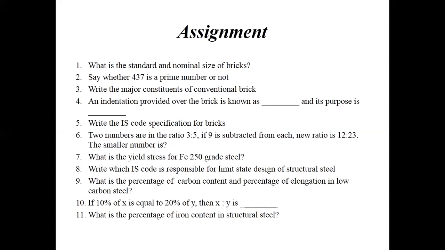There is a difference between stainless steel and normal steel. That difference is due to one of the metals in the composition of the steel. The components we have discussed already are iron, carbon, sulfur, chromium, nickel and so on. Among those, one is responsible for making it stainless steel. Which component is responsible for making the steel stainless steel? Answer that question also.